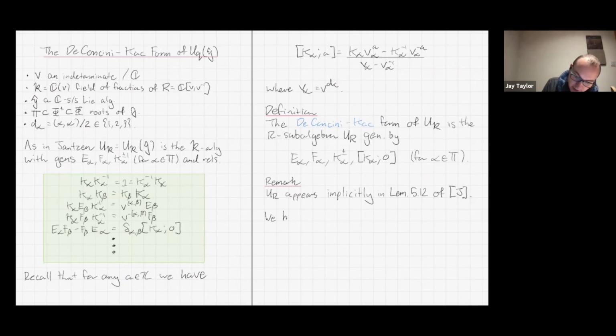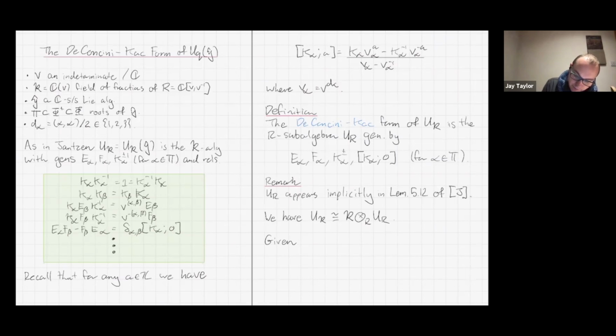Okay, and this is really kind of an R form of the algebra, right? So we really have the UK, right? If I just extend scalars over R, I really get back the algebra. Okay, so now what we can do is specialize at a root of unity, which is what we're kind of